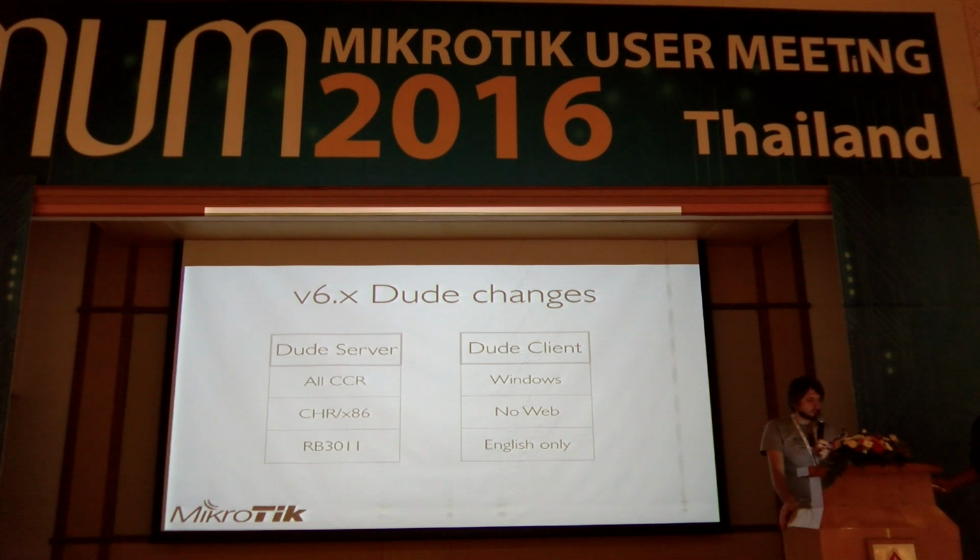If you are not using the CCR group, you can use the cloud ones, CHR, or x86. And I think in cloud-hosted router it might even come with the Dude package pre-installed by default. So once you install cloud-hosted router, I think the Dude is already installed on your device. Since CHR, the Dude has been recommended. A note: x86 is 32-bit, but CHR runs 64-bit. And then in recent versions we added support for router board 3011. You also can install Dude server on it.